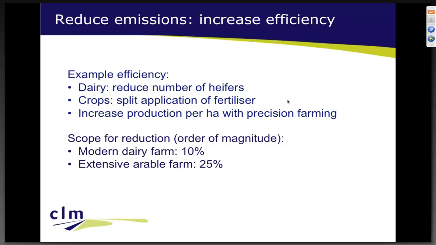I had to find an order of magnitude, and I put these 10%, 25% numbers in. This is not science. This is what we noticed in the Netherlands. In dairy, we were able to reduce emissions by 10% by taking a range of measures on the farm. And I imagine that in extensive arable growing, like arable crops, it is possible to reduce emissions by a quarter, because it is possible to increase production by a quarter. That means you could reduce emissions per kilogram of product by improving the yield. Of course, in kilograms of CO2 in absolute numbers, it's still the same.